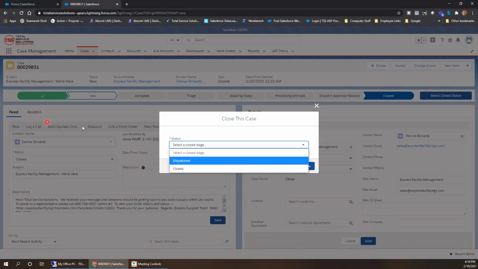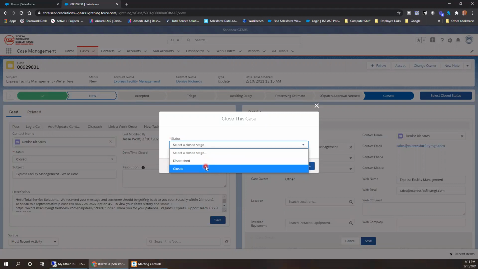So when you create the work order through the dispatch button here, it's automatically going to set the case to dispatched, and it'll be closed and off of your open reports, right? If you're just closing a case, you've answered it, you've updated a work order, you've created an estimate, you've responded to the customer, then we're going to click closed,